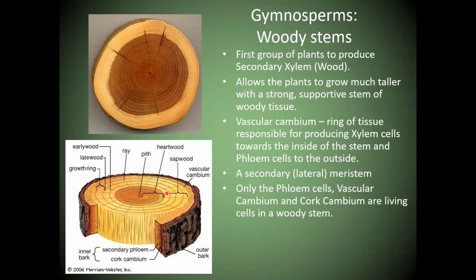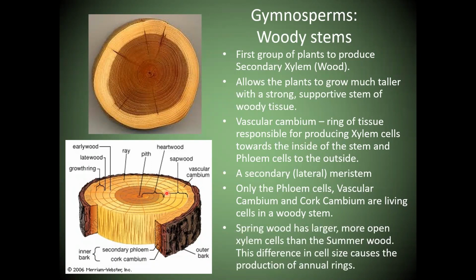In the woody stem, there are live cells and dead cells. Phloem cells are live, right? The vascular cambium, the meristematic tissue itself, is live. And then the cork cambium, it's another meristematic tissue that can produce the cork. Those are the only living tissues in the woody stem. Everything else is actually not alive, they are dead. Now,